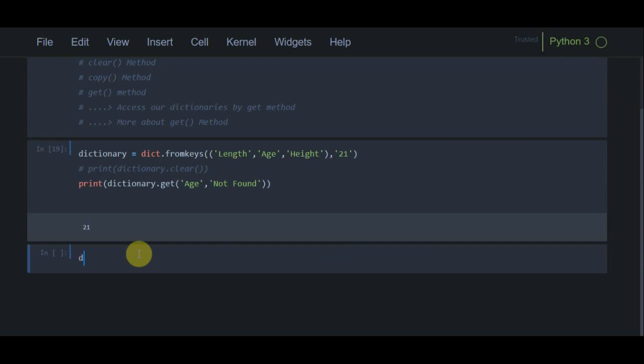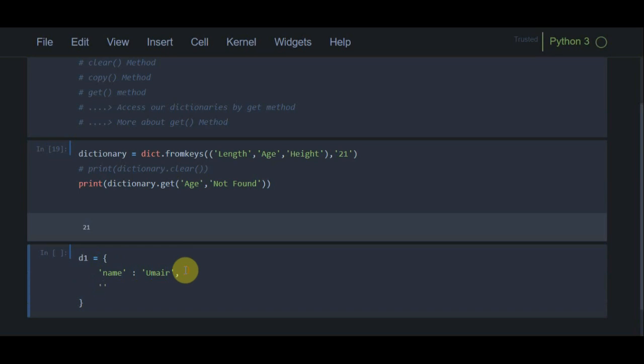Suppose I create a dictionary called D1 and assign some values: name, and then age is unknown here. I'm going to repeat this key again, and this time I am assigning 21.